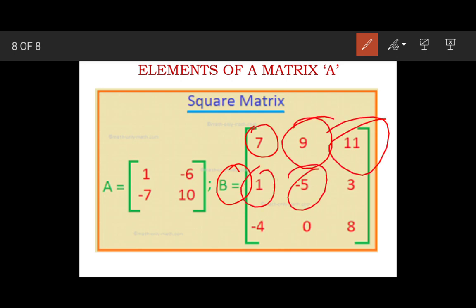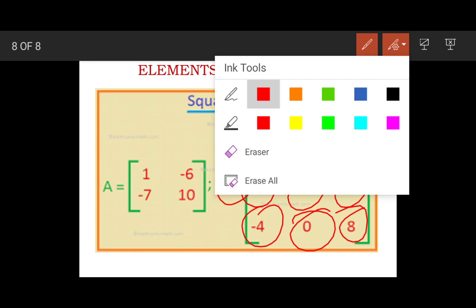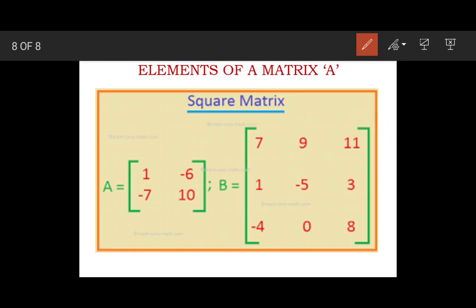Similarly for B matrix, first write the order of B matrix, then define position of all the elements of matrix B. Okay, so this one is square matrix. Why square matrix? Because in this, as you can see, like determinant, number of rows and number of columns are same. So 2 by 2 matrix, right?